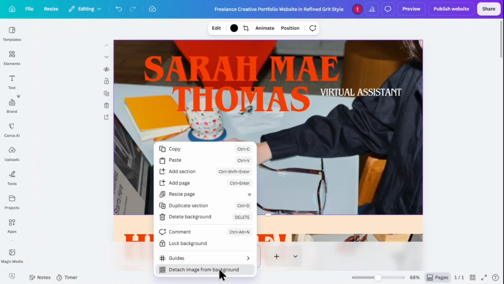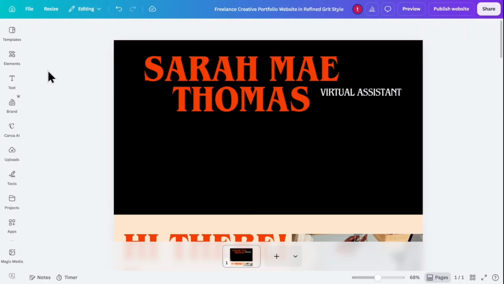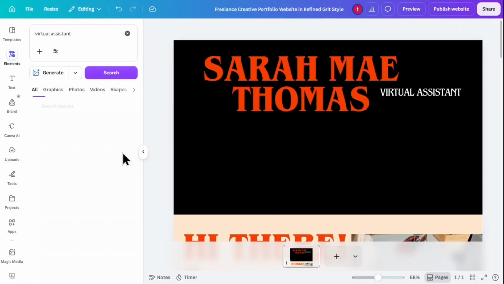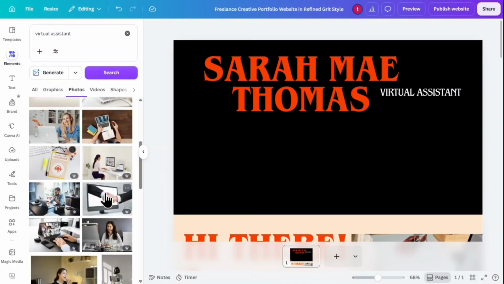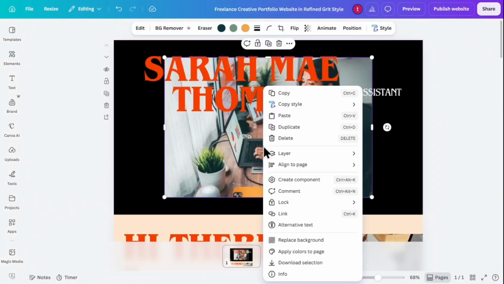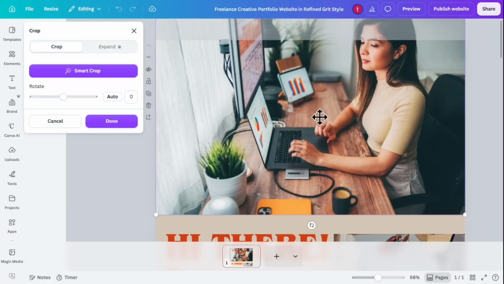Now, I right-click on the hero image, choose Detach Image from Background, and delete it. To add a new photo, I open the Elements tab on the left sidebar and search for Virtual Assistant. I click See All under Photos, scroll through the library, and click a photo of a workspace setup to add it to the canvas. I right-click the image, choose Set Image as Background, double-click to adjust the crop and positioning,